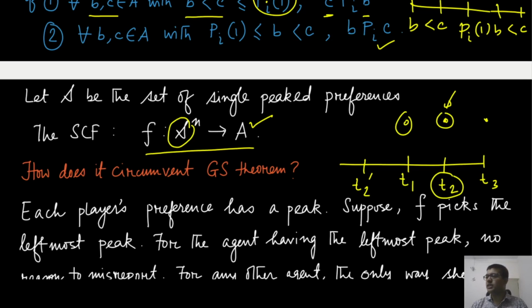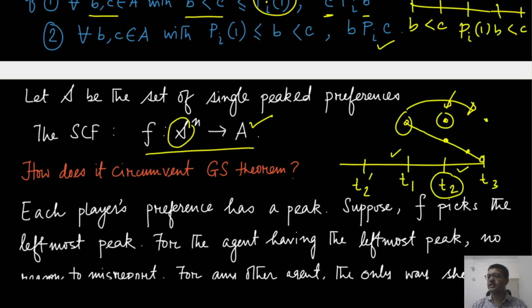For player 1, its preferences are falling in this way. Player 1 likes a colder temperature, but of course what is currently being set, which is T2, is more preferred than T3, which is much hotter. The only way player 1 can change this outcome is by reporting its peak on the other side of this median. But clearly player 1 prefers that even less than the current outcome, which is T2, right? So player 1 will not manipulate, because by manipulating, what it will get is essentially worse than what it is getting currently.